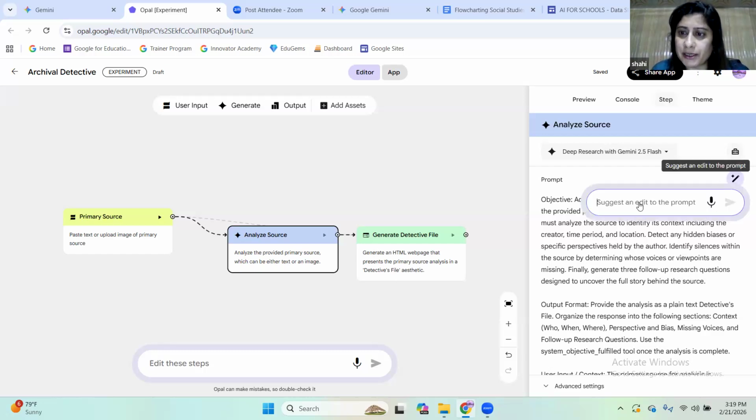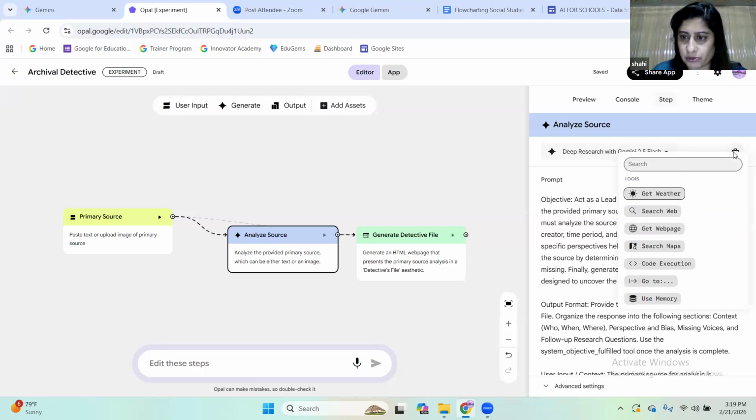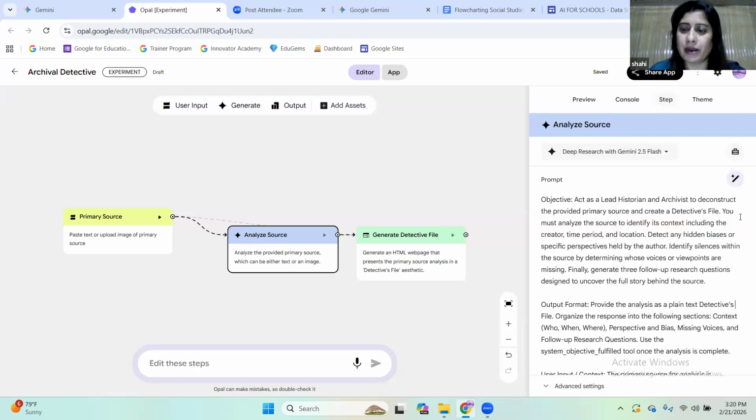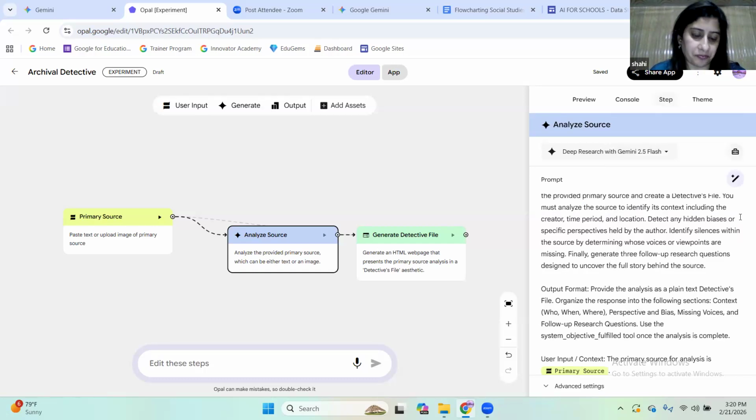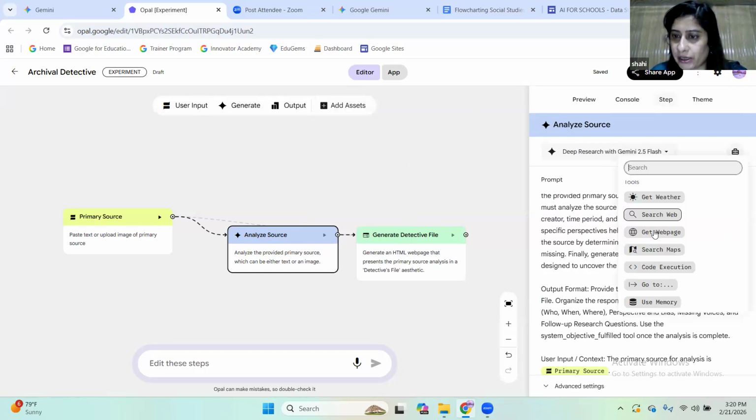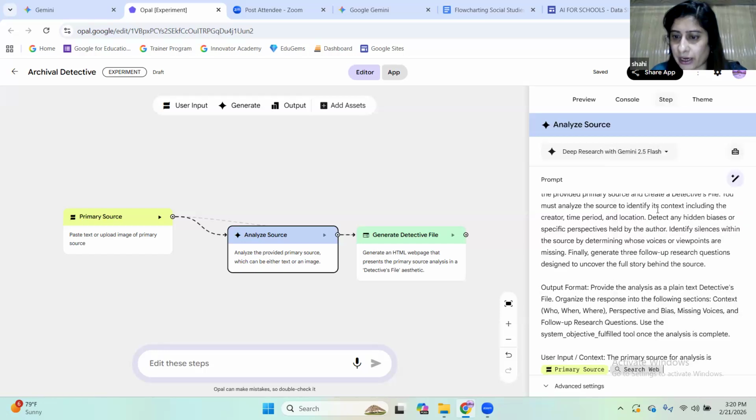So we can make changes here, by adding a prompt or by doing manual changes. There is also a possibility here. Someone had asked how to increase the authenticity of the answer, when I was explaining the hydroponic simulator app. So you can add assets here regarding your topic, in the form of files, or you can also ask it here. Just click this small briefcase, and you will have options. So I am just going to add the search web. The search web will go here, and it should also appear here shortly.